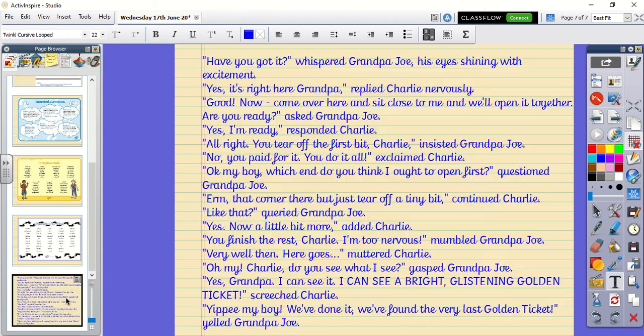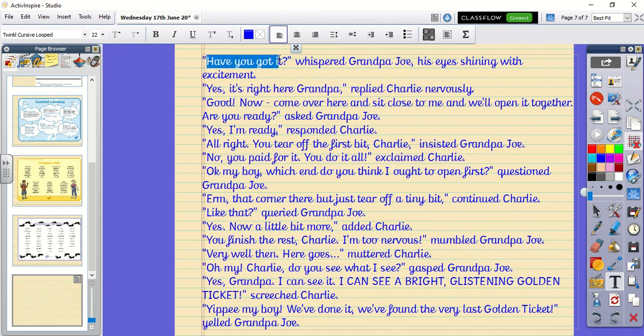Keep your inverted commas around the beginning of what's being said. So this is what's being said here. So my inverted commas go around the outside of those. They're giving those words a big hug. Please make sure you are punctuating your speech as well, okay? So most speech ends with a comma or a question mark or an exclamation mark, okay? It's only at the very end, if you are finishing your speech, then you would put a full stop there,